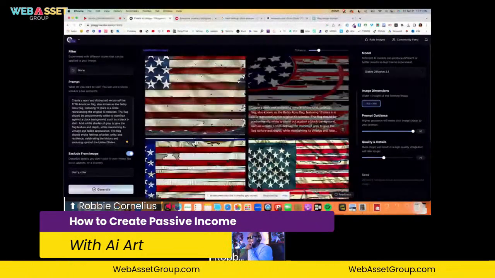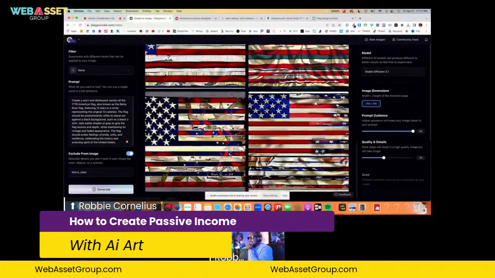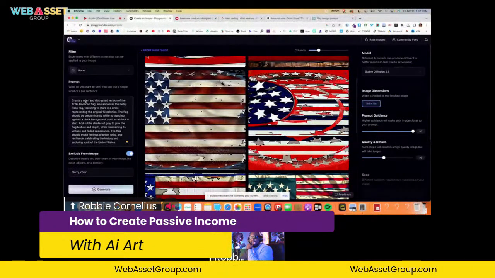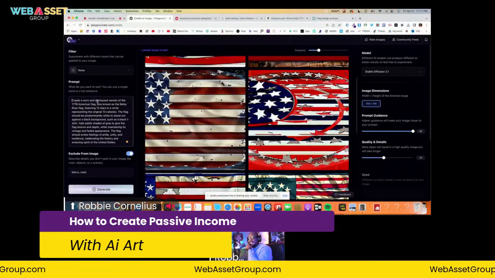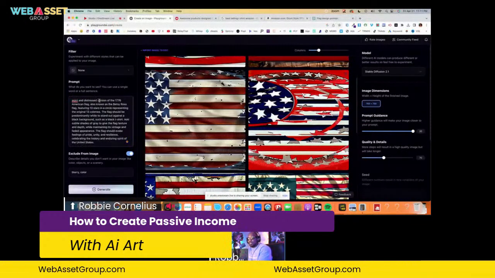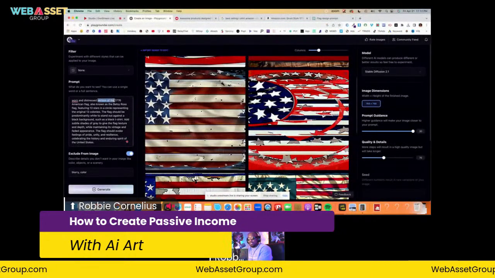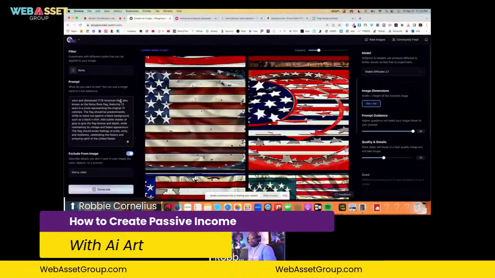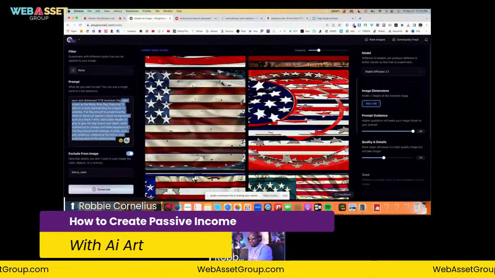Hold on. Let's look at create. Let's see. I'm going to take away the word create: worn and distressed 1776 American flag. Okay, let's start with the basics and then we can build up from there.